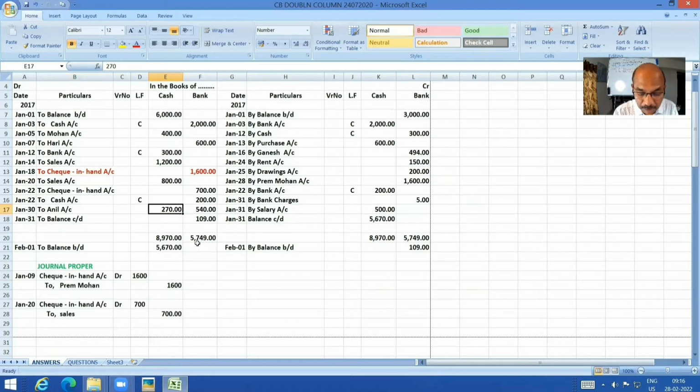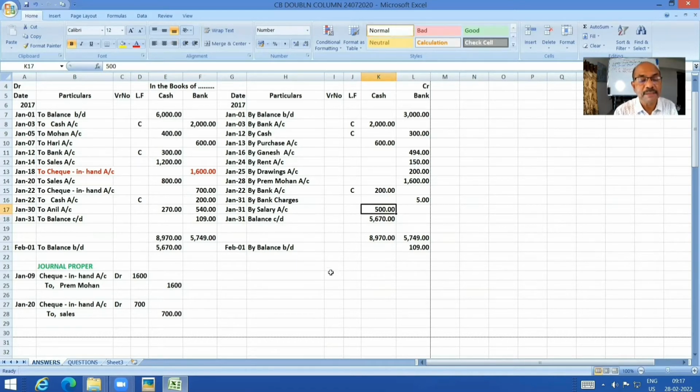Okay. Bank charges as shown in passbook. Bank charges shown by the passbook have got nothing to do with the cash column. The bank has reduced their balance at par with when you are issuing a check. So it is nothing but the expenditure is to be debited and bank has to be credited by bank charges. Okay. Paid salary 500. Okay, by salary 500. So all the entries have been correctly posted.